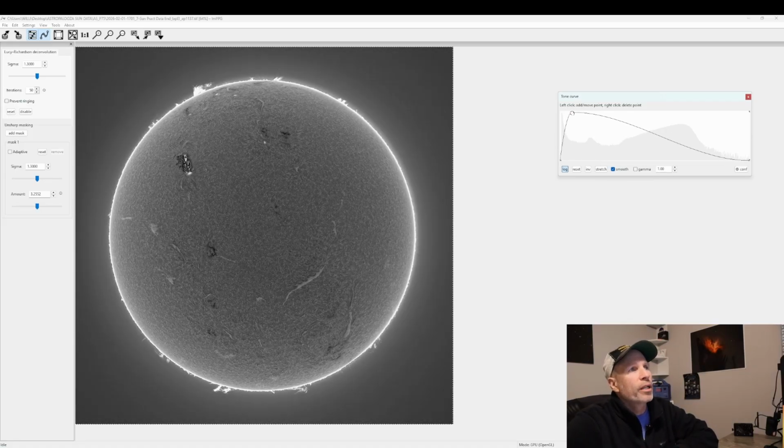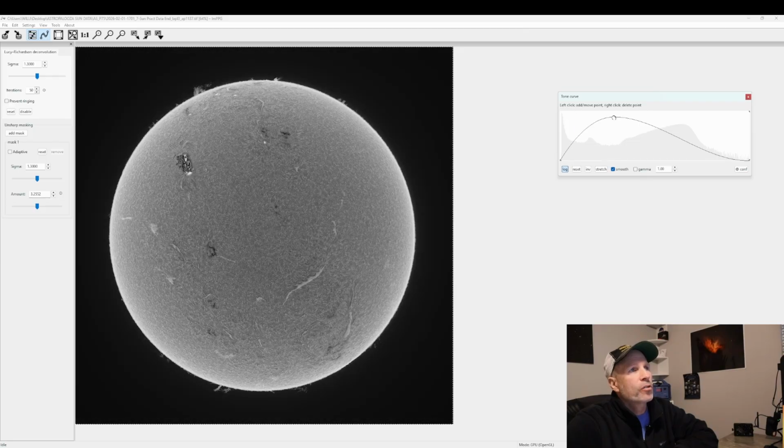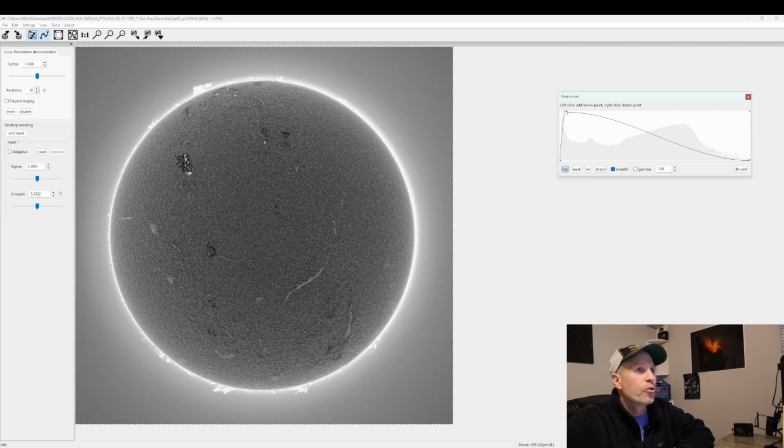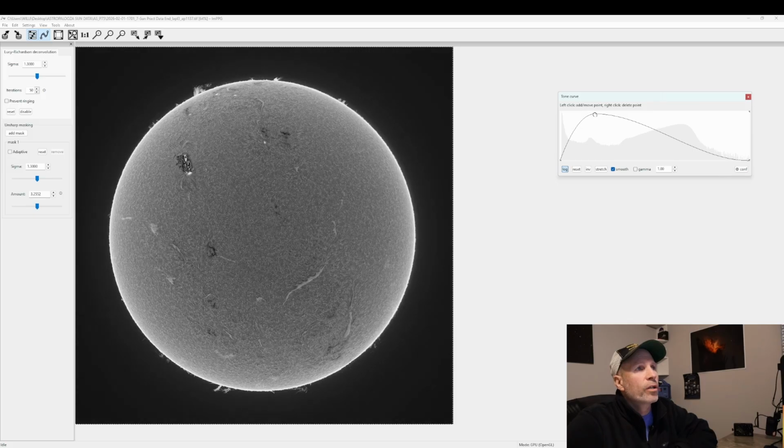The issue with bringing it so bright in the background, notice the background is nice and dark. If you bring it too much and you stretch it to where the background is like this, you're going to have a hard time trying to take care of all that background noise in it. So what I like to do is just ease it off to where it's nice and dark, but I notice